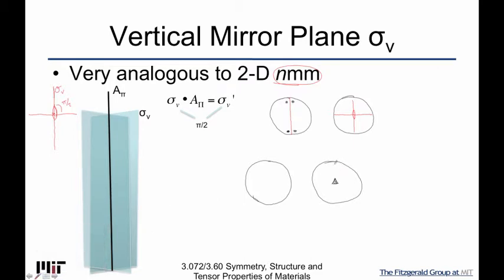Let me go back. From the rotation point of view, I have these 120-degree things here, right? But if I now add a mirror plane,